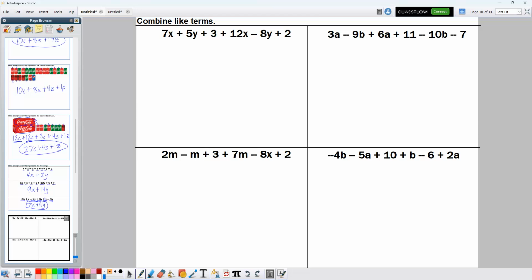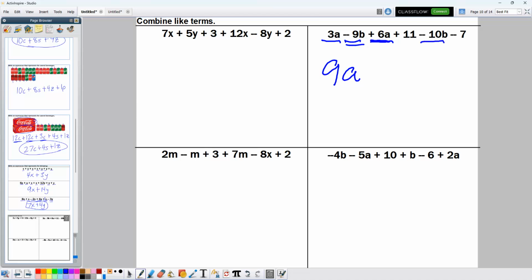Same kind of stuff right here. I'm not going to do all these, but we'll just kind of jump through some of these. On the top right, those are some different letters. That's okay. I just go through and I underline. Those are the A's. There's an A. That's it for the A. So 3A plus 6A would be 9A,